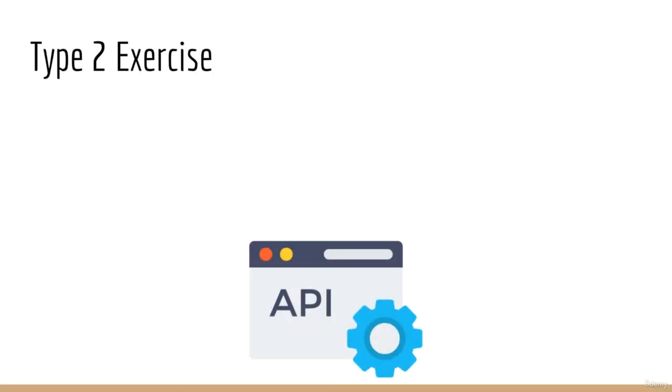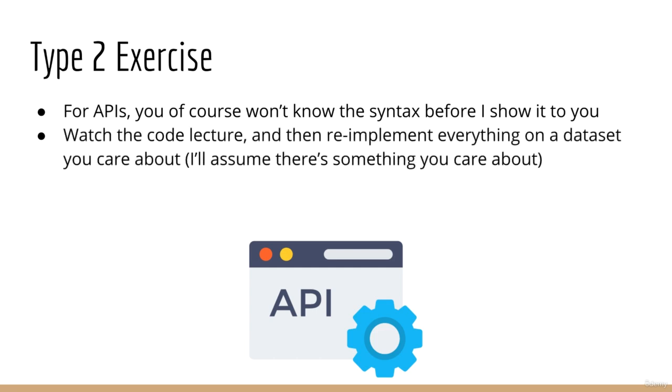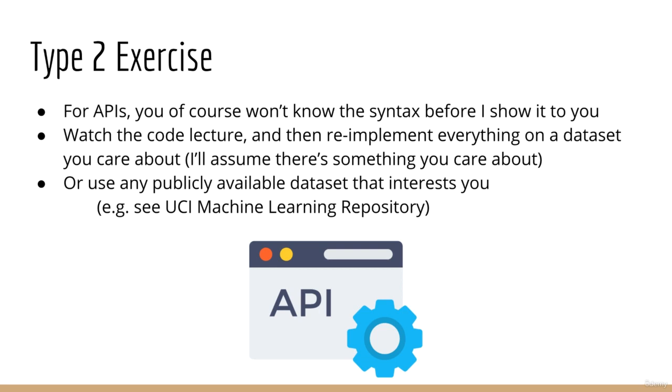Now, for case number 2, it's a little bit different. Obviously, you're not going to know what the syntax is for a library or an API before I even show it to you. In this case, you should go ahead and watch the full code lecture without first doing any coding yourself. After you've watched the lecture, you should be able to implement that same code yourself on another dataset that you care about. I assume that you're taking this course because you have some dataset that you want to analyze. If not, there are plenty of resources out there where you can find free datasets, so please choose one